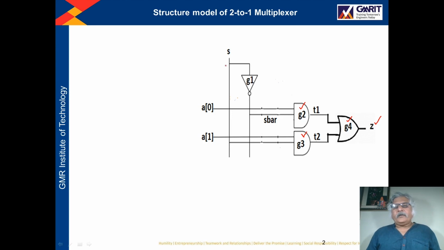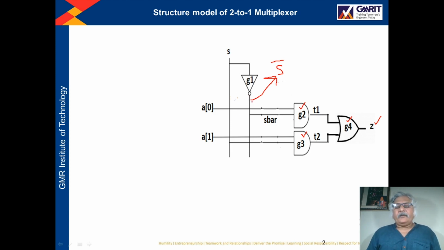Now there is a select line S. This value S will be passed through one inverter, right? So here we will get S bar, the invert of S,